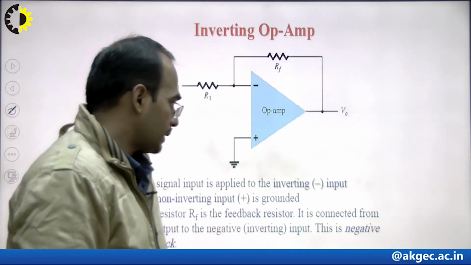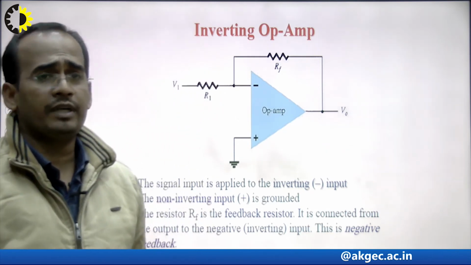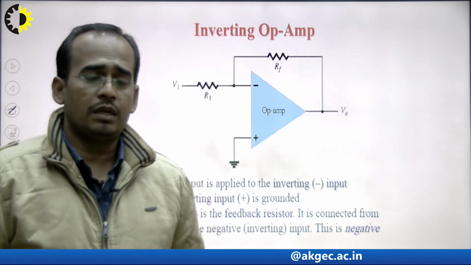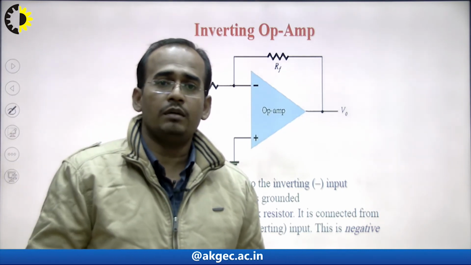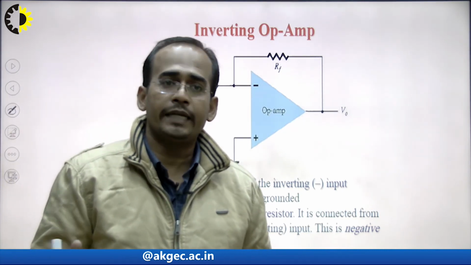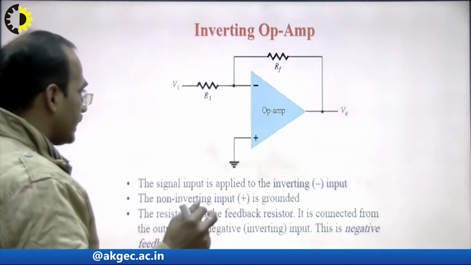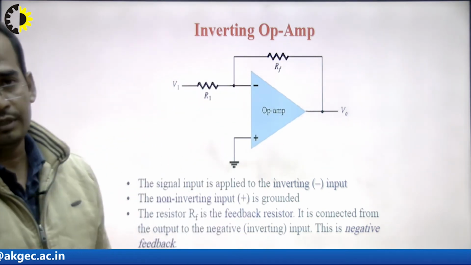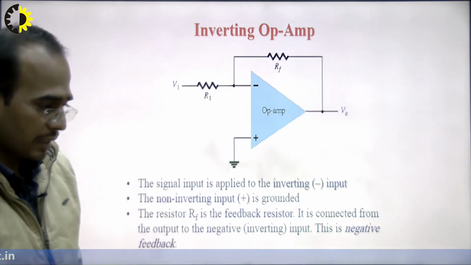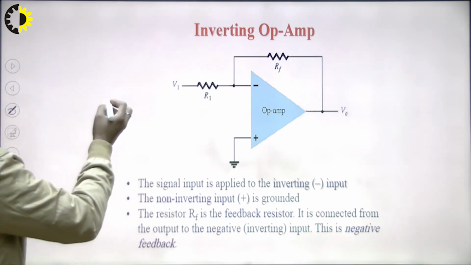So, in this inverting amplifier circuit, the inverting operational amplifier, we are using the feedback connection. Feedback means we are using negative feedback. If you are using feedback, how will you identify whether we are using negative feedback or positive feedback? So, the general block diagram for open loop and closed loop system is this.